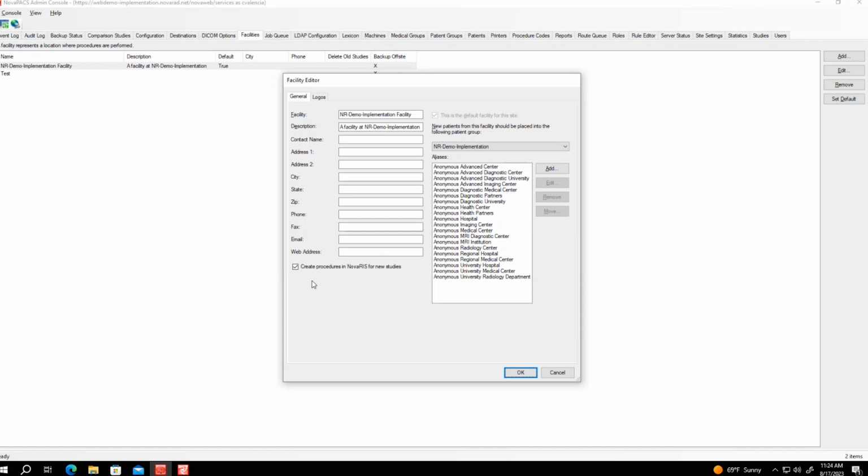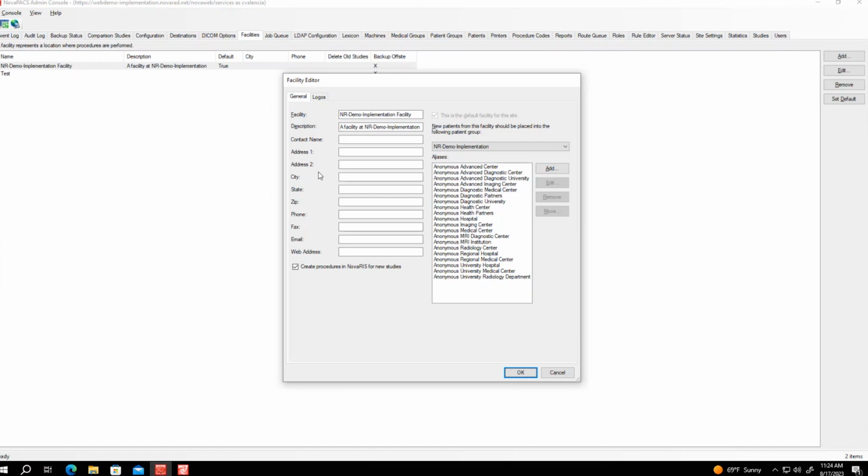This checkbox is generally only enabled if you are sending images over and not receiving orders from your EMR or another ordering system, or if you're not generating orders in our RIS. This is the checkbox that you would check in order to create those orders in the RIS the moment we receive images.